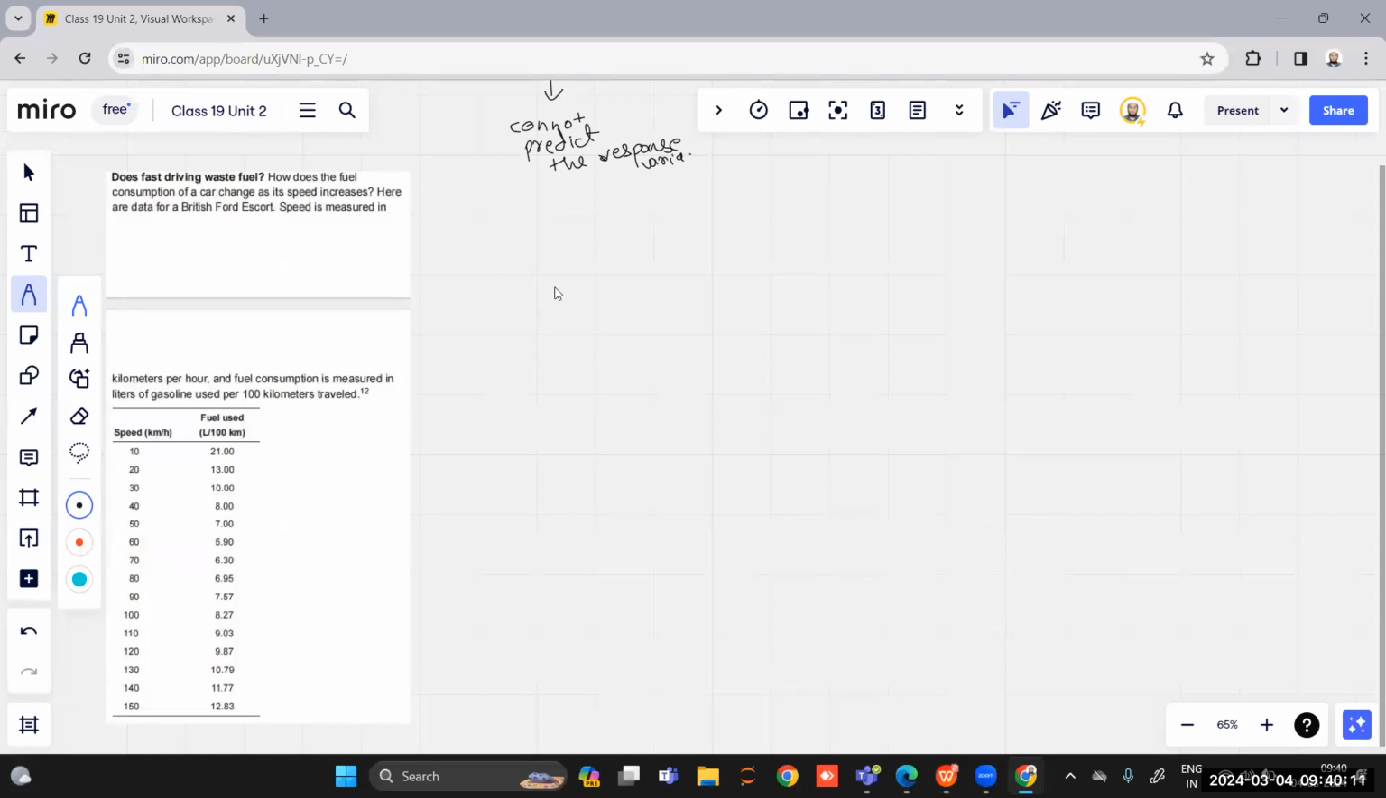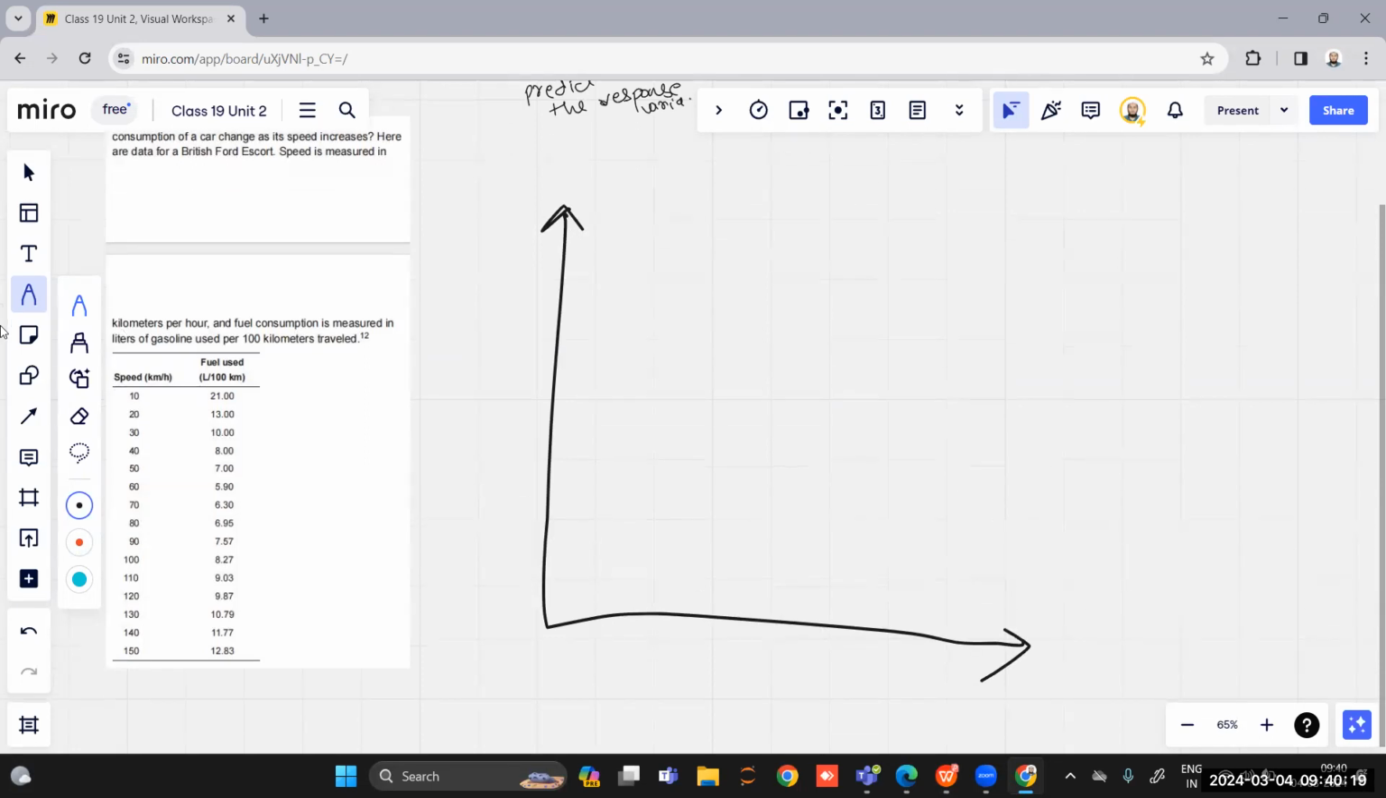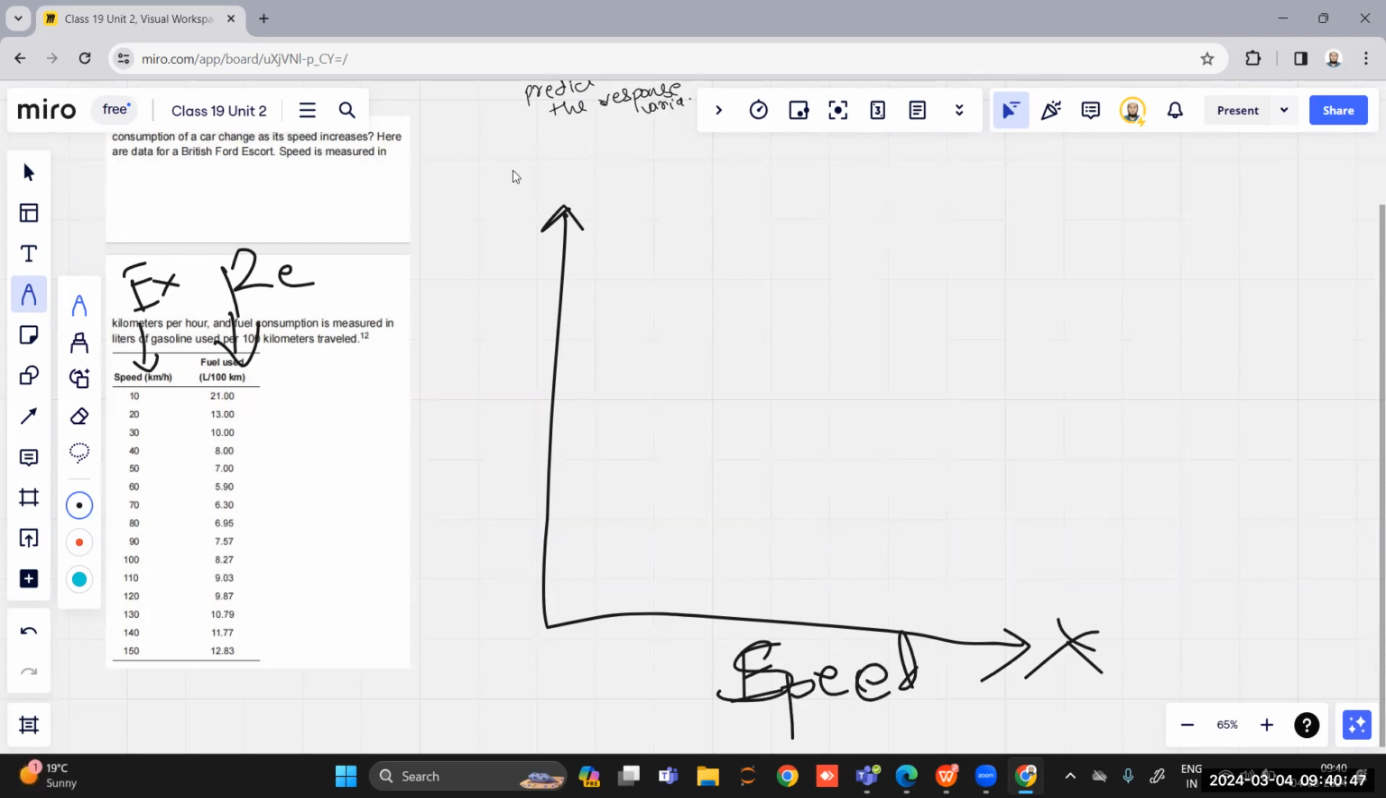kilometers traveled. Okay. So what I'll do, I'll notice the speed, which is the explanatory variable, and which is the response variable. Speed is the explanatory variable. Yes or no? And the fuel is the response variable. So this one is the response. The explanatory variable will be on the x, that's the speed. And next on the y will be